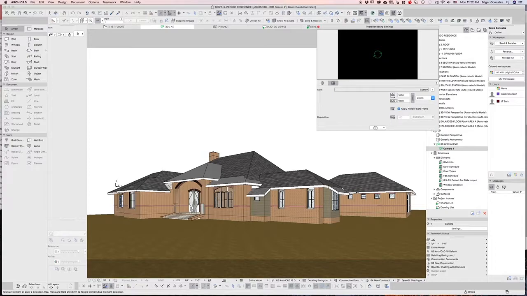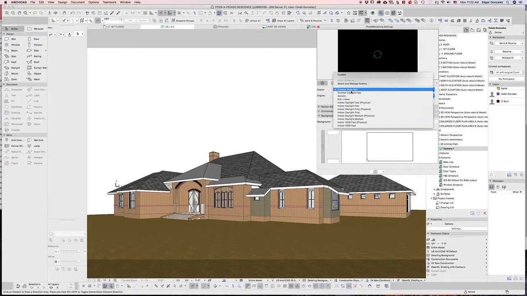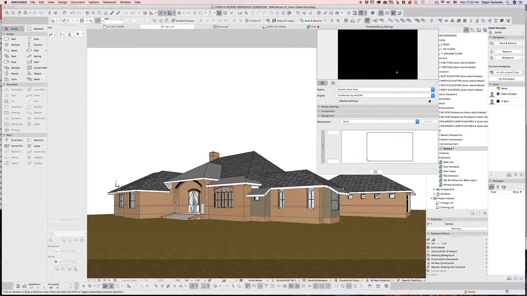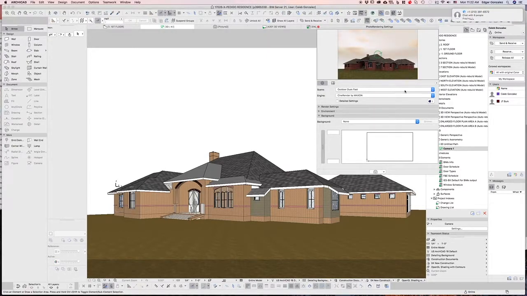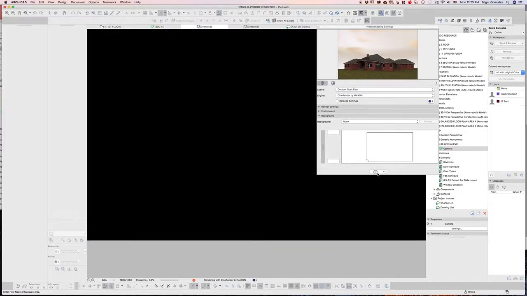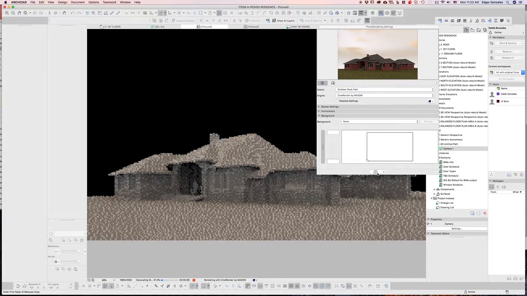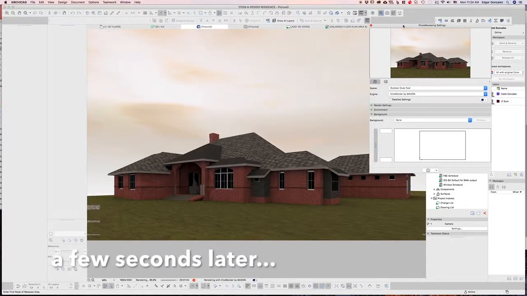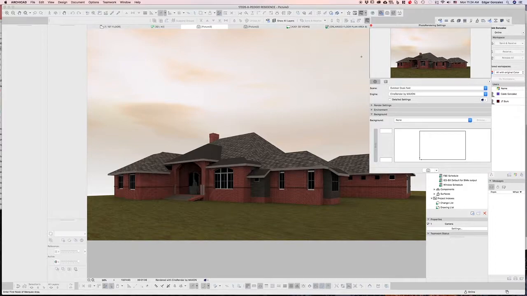Now, you don't have to render the whole scene to know how it's going to look. As you saw, we changed this to dusk. So I'm just going to click here in the image, and it's going to create a preview for you. That is very useful because sometimes you hit render, and it takes a while to know how it's going to look. I'm already liking this one better than the daylight. So I'm just going to go ahead and click render here. Okay, so